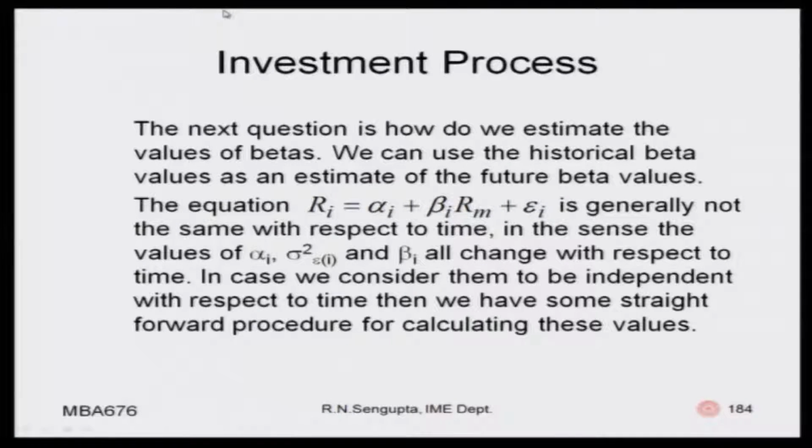The equation we see is Ri is equal to alpha i plus beta i into Rm plus epsilon, but the white noise is generally not the same with respect to time, in the sense that alphas, sigmas, epsilons, R's, obviously they are changing. So obviously they are at different fits of the line. In case we consider them to be independent with respect to time, then we have some straight lines, and these straight lines can combine together. So, what we actually mean is that